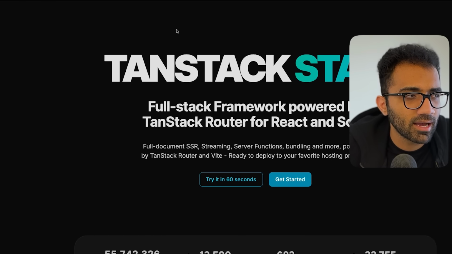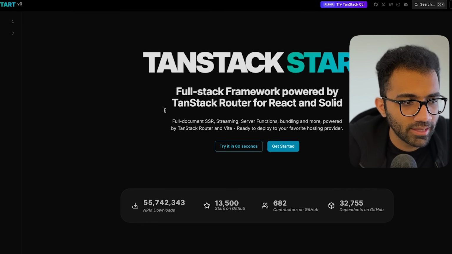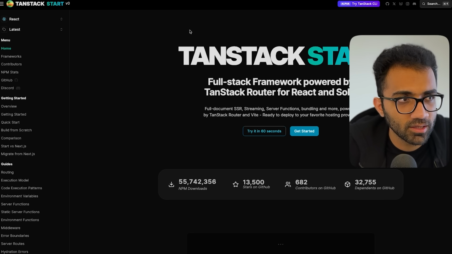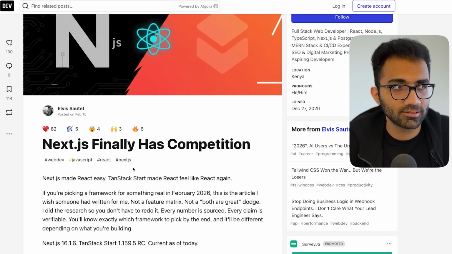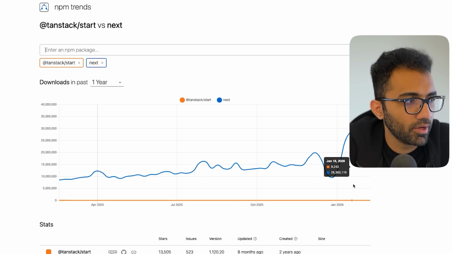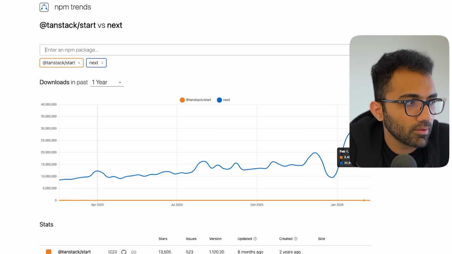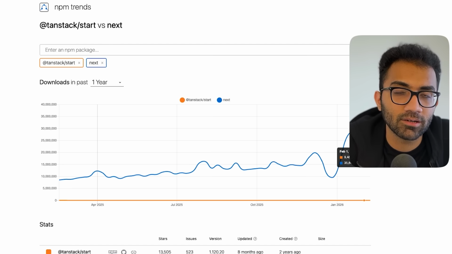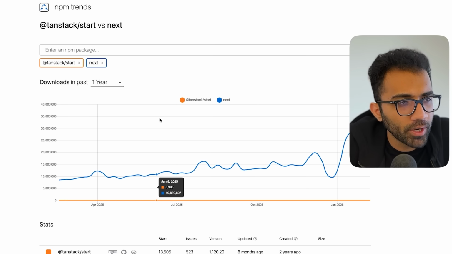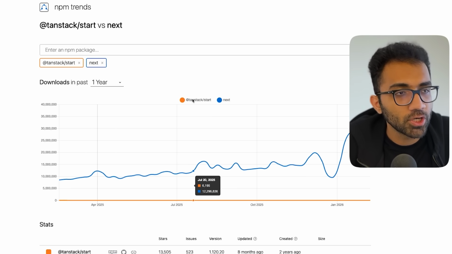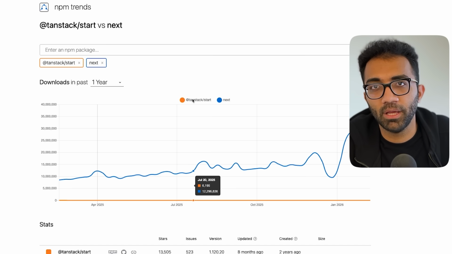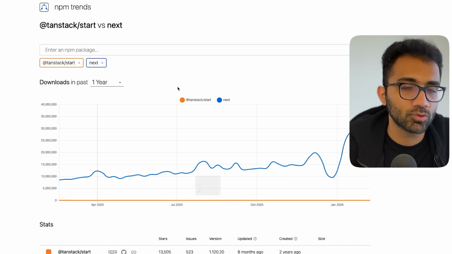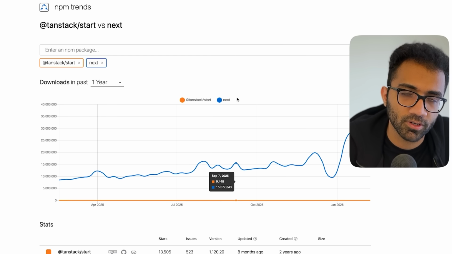I do feel TanStack Start has a great future if they keep on with the work. They 100% have the ability to disrupt Next.js. The only blocker that they would face is the existing distribution that Next.js has. For example, you can see over here, in the first week of February, Next.js got 35 million downloads. On the other hand, TanStack Start just got 10,000 downloads, roughly. So there is a very long way to go. And even if TanStack Start has the potential to kill Next.js or take over it, it's not going to happen for at least the next year or maybe year and a half, until and unless there is something so magical about it that everyone just starts to shift to TanStack Start.